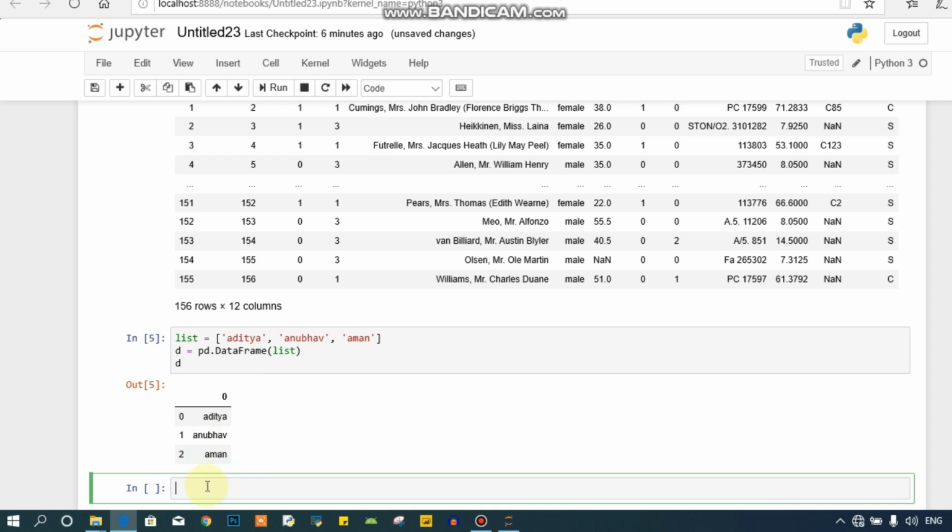Now let's see how we can create a data frame using dictionaries. For creating a data frame using a dictionary, just use data equal to, now I will assign some values inside a dictionary. Let me put a name. Let me use this name.